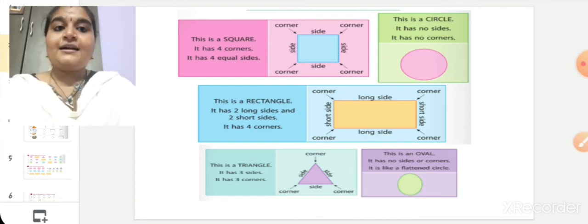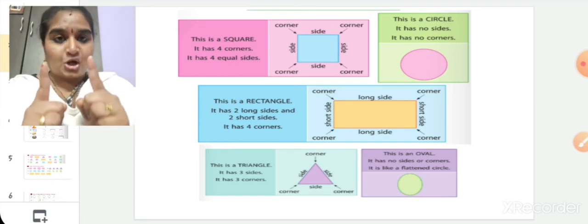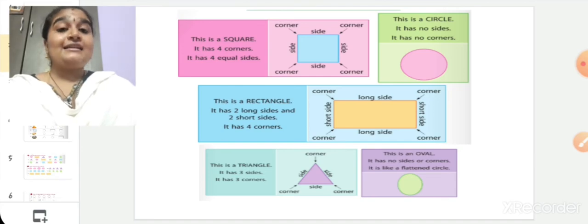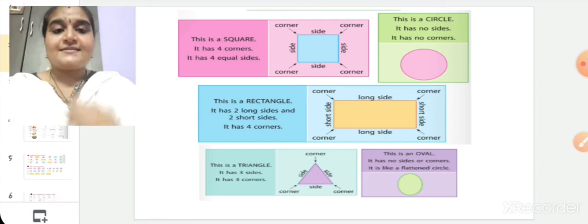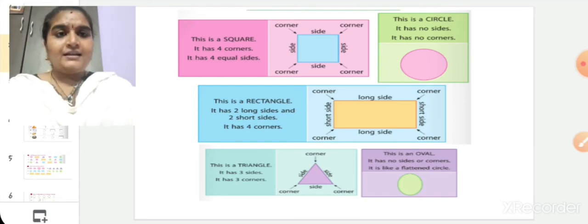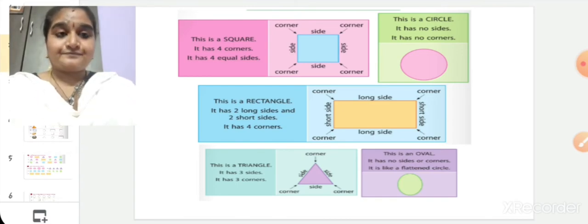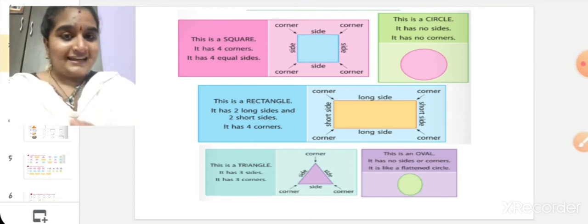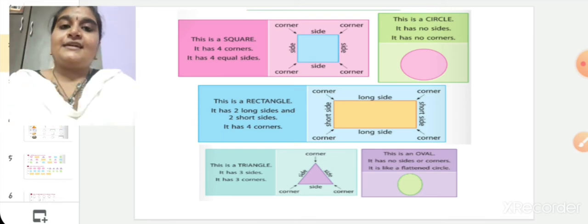For rectangle, there are 2 long sides and 2 short sides and 4 corners. For triangle, it has 3 corners and 3 sides. Oval has no corners, no sides. But it looks like a flattened circle.